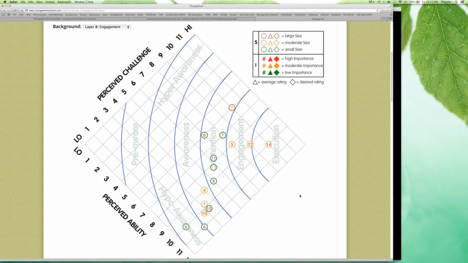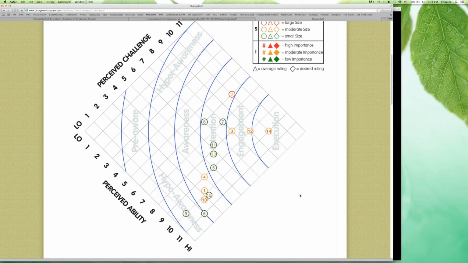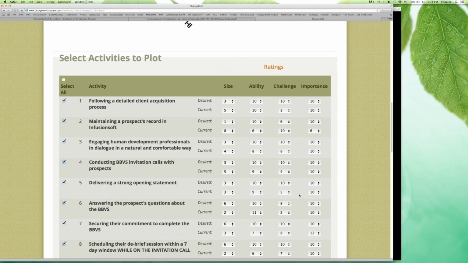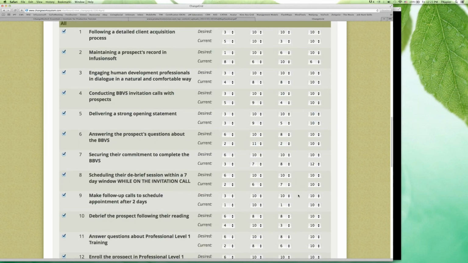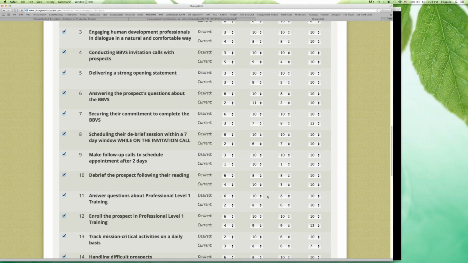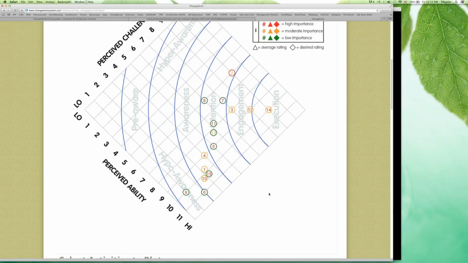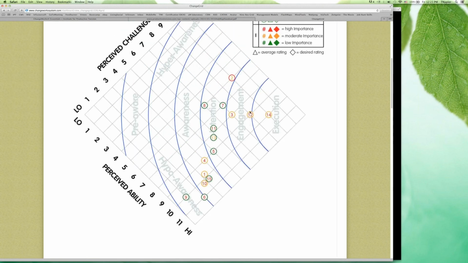Let's look at coordinates 9 and 9. Let's look at activity number 12. Activity number 12 is enrolling the prospect in the professional training. So when it comes to that, Stephen's right smack dab in the middle of that whole driver energy. So he's a balanced driver around it, fully engaged, right on the edge of execution. So that activity could happen very, very well right there.